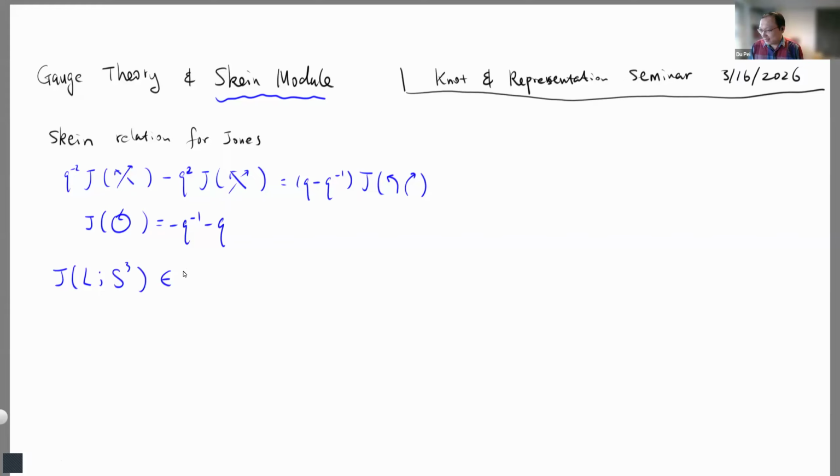So it's going to be a Laurent polynomial in the variable q with integer coefficients. And this ring is actually already an example of a skein module, although it's a little bit simple. This is a skein module